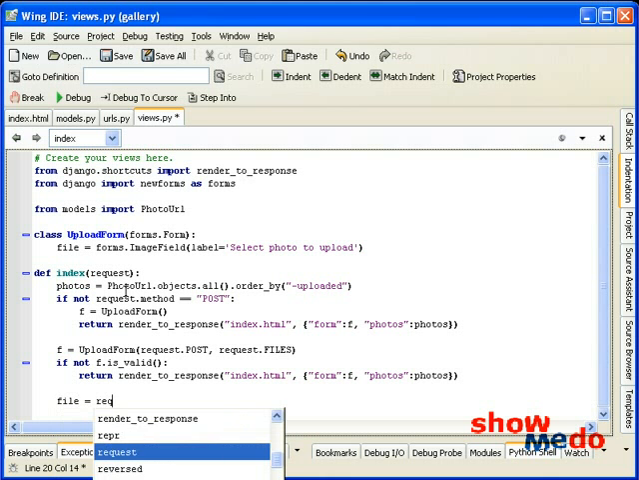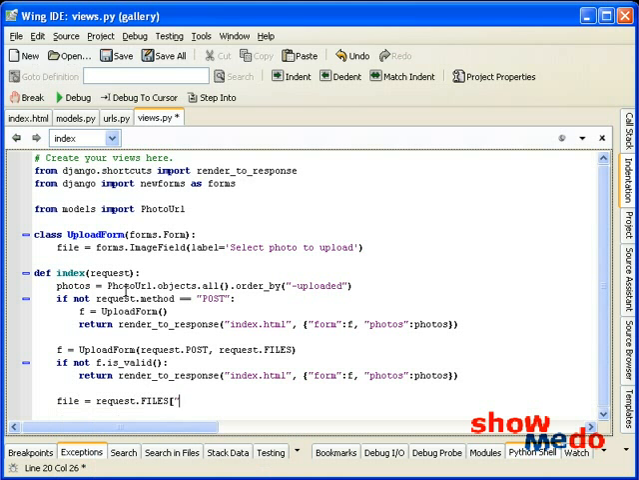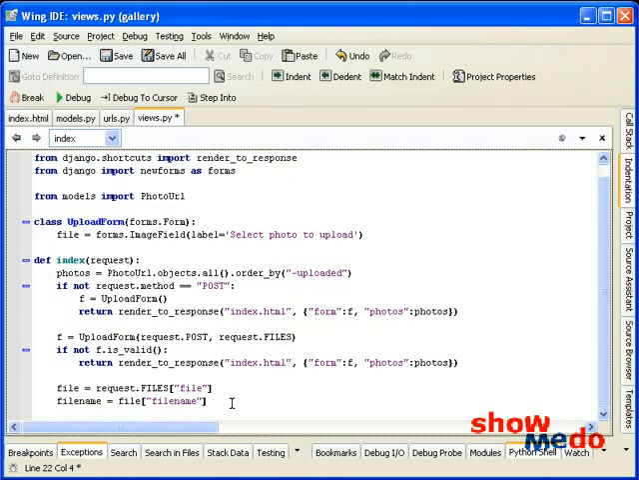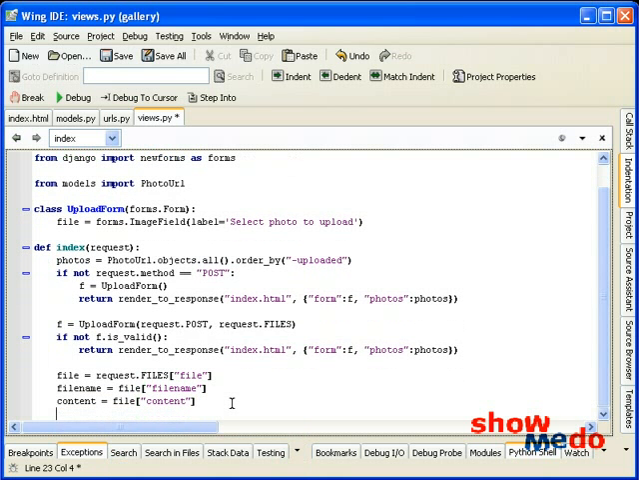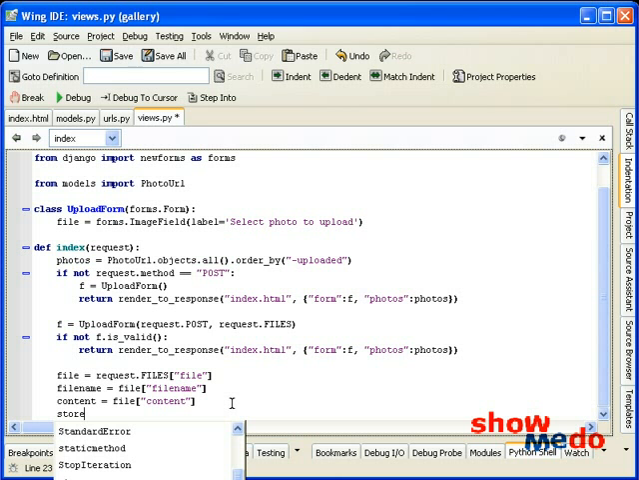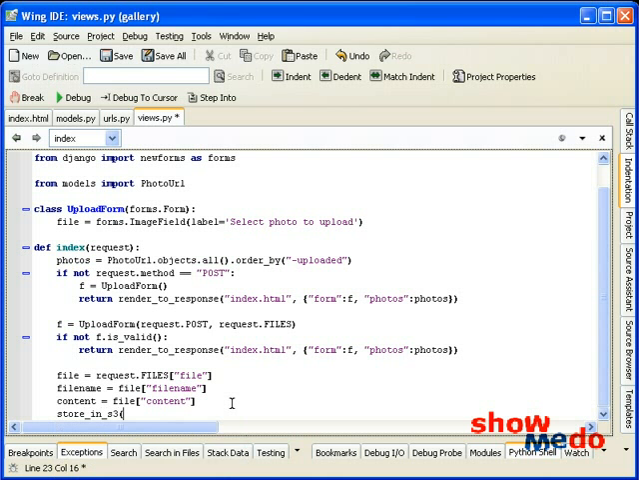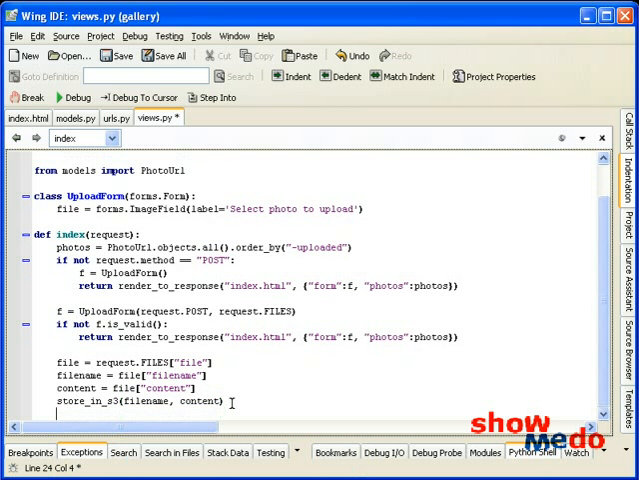So we'll first take out our data. Our field is called file, and it's a file field, so it will be stored in request.files, not request.post. So we get it. This itself is a dictionary, so we can say file of file name. That will give us the file name of the file and the content. Now that we have the file name and the content, we can now store this into S3. I'm just going to create a function here called store in S3. Pass the file name and the content. Let's assume that we've just written it,